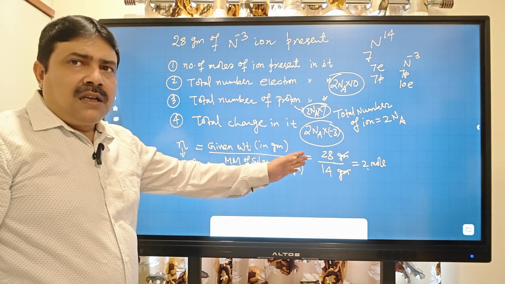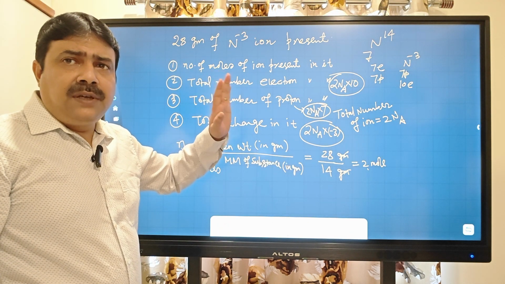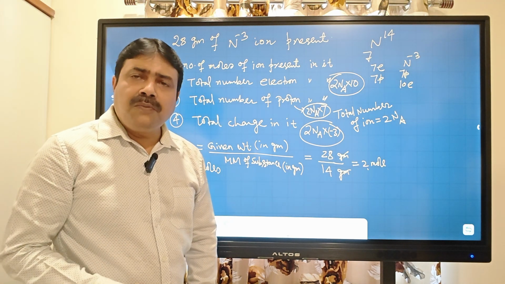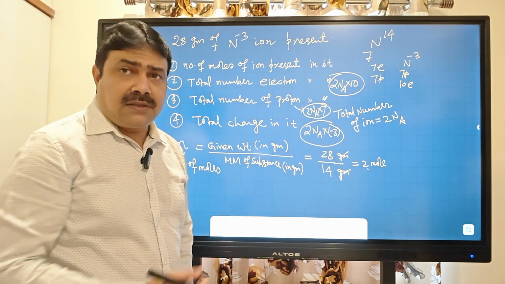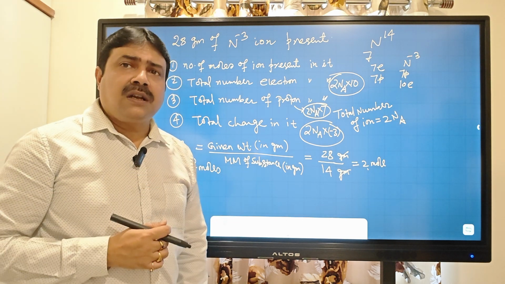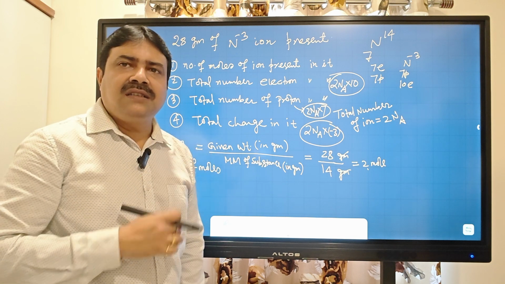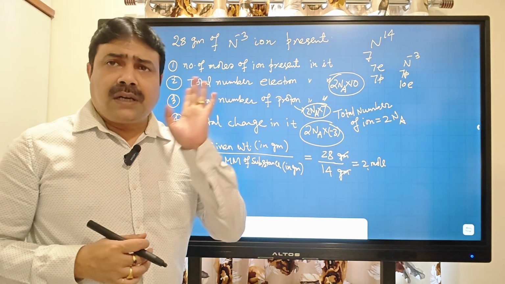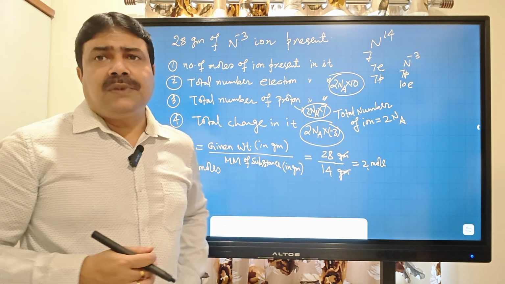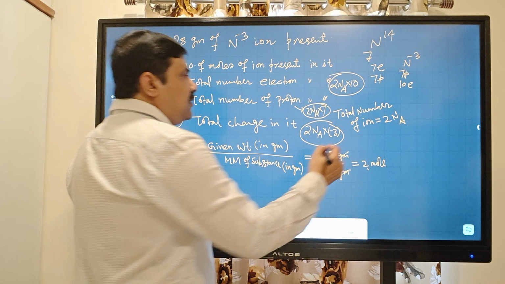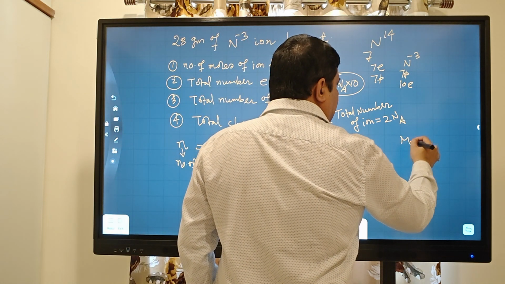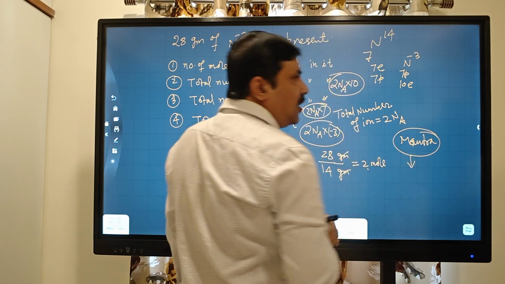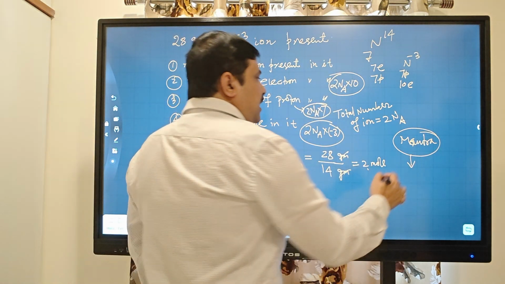Now we have discussed every point concept-wise. Now I am giving you one mantra. If you forget everything, just follow this mantra blindly. Whenever they ask for the total number of atoms, electrons, neutrons, or total charge, what do we always do? Number of moles into Avogadro number, Na, into how many of that thing is in one of the substance. So whenever they ask, the mantra is: total number of atoms, total number of electrons, total number of protons, then